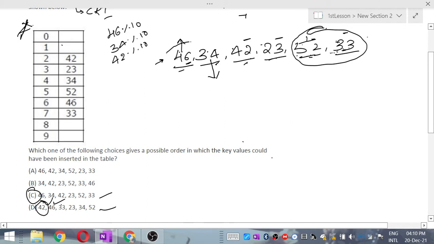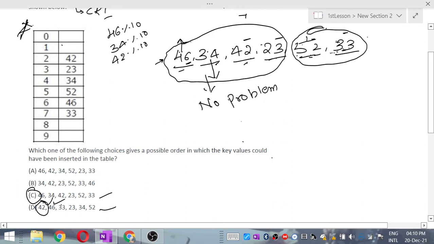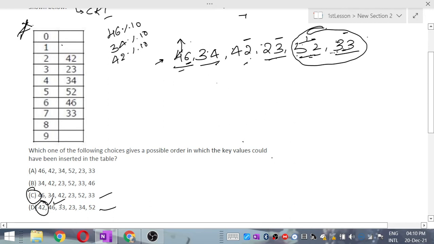Now let us try to see. One more thing you might have noticed: for these four, there is no problem of order here. In the previous problem we discussed that an order problem will come only when a collision occurs, but here there is no collision, so no problem of order. These can be arranged in any number of ways. How many ways? 4 factorial ways.